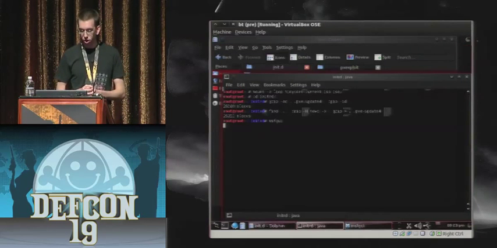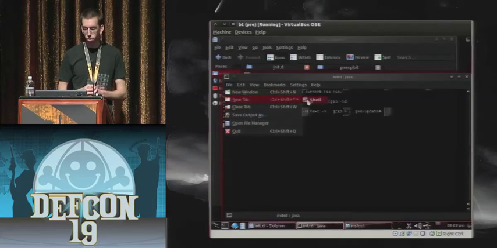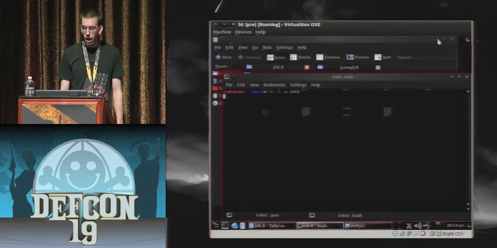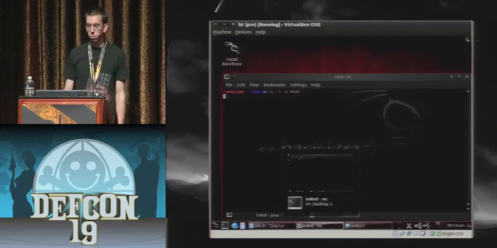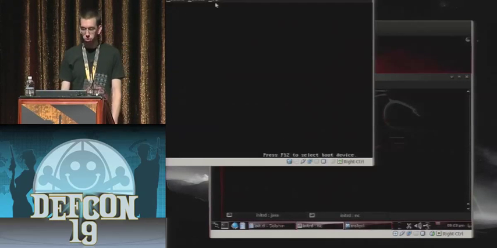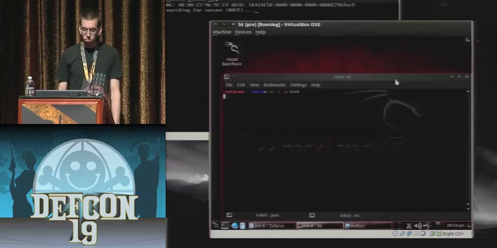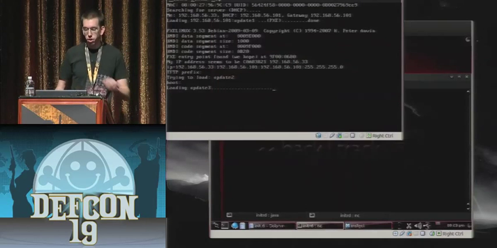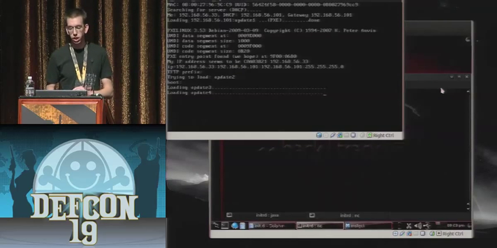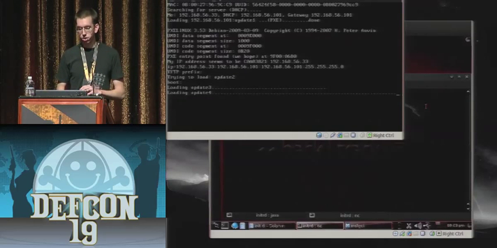So at this point, we are almost ready to go. What we're going to do is set up a handler. We could do this in Metasploit, but I just did it in Netcat for the connect back shell, and wait for our target system to boot. If you had the MAC address, you could send a wake on LAN packet now and get it to boot. So it boots, searches for a PXE server. That goes ahead and boots. I'm going to queue up a command to be executed when I get a shell back. It loads the kernel, it loads the initrd, and when that happens in just a second,